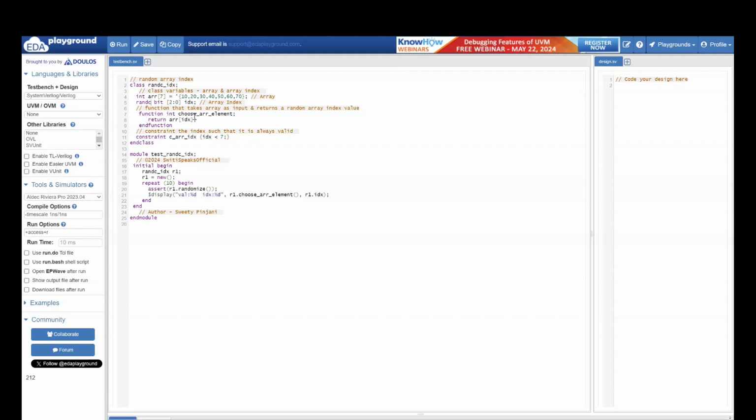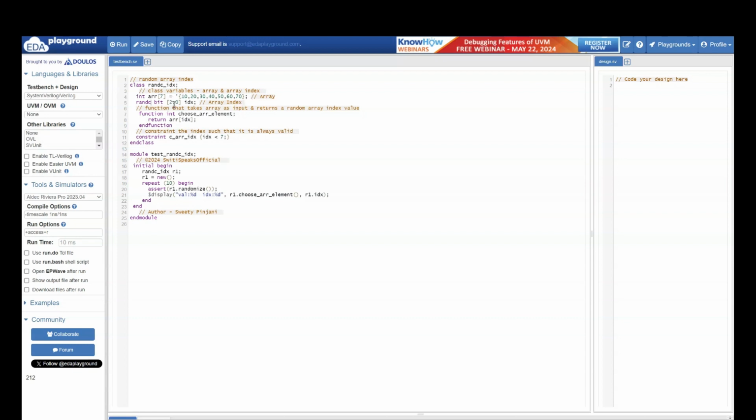I have a function to choose an array element, and this function is returning array of IDX. IDX stands for index. And if you remember, index is randC, cyclic randomized. Now, I don't want to generate invalid values. What will be the invalid value?